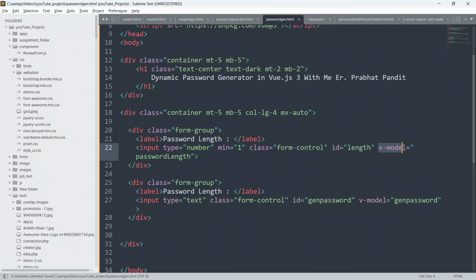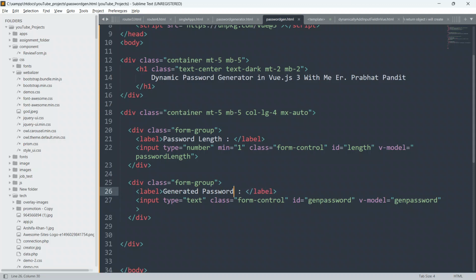So guys, as you can see here, we have got v-model on each and every input field. Here is v-model equal to passwordLength, and here is v-model equal to genPassword. So now that's fine. I'll give here the text as generated password.